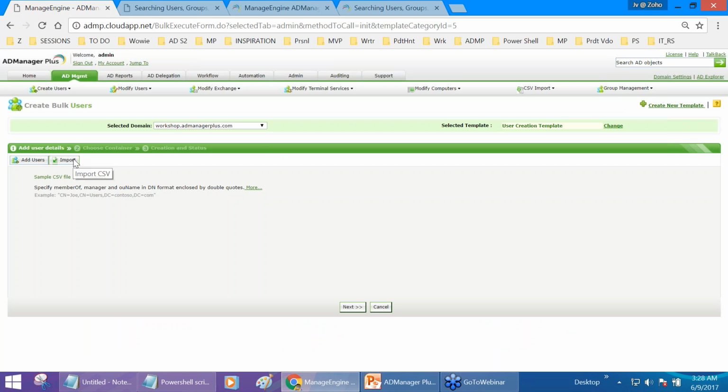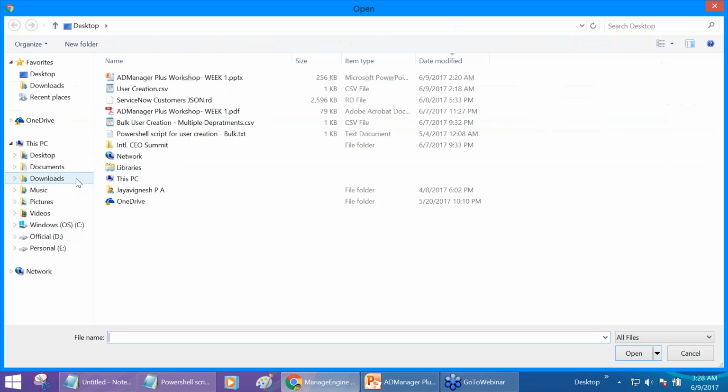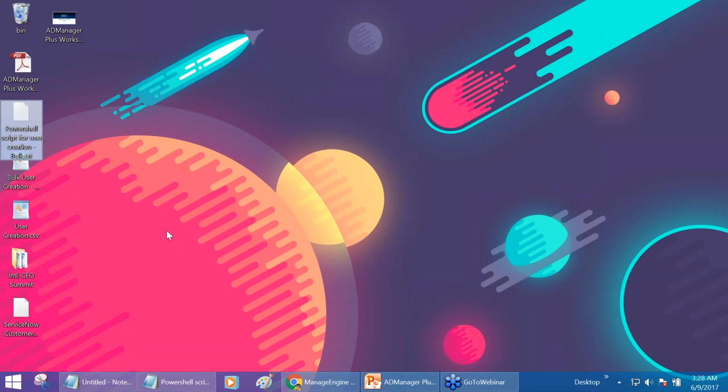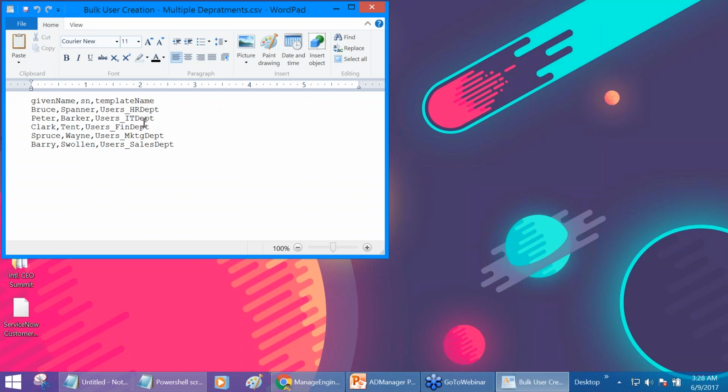After the template was created, we wanted to import a CSV file. Let me quickly show that once more. Choosing the file. This time I'm going to import a CSV file with multiple entries. And what is that CSV file going to be? User creation template